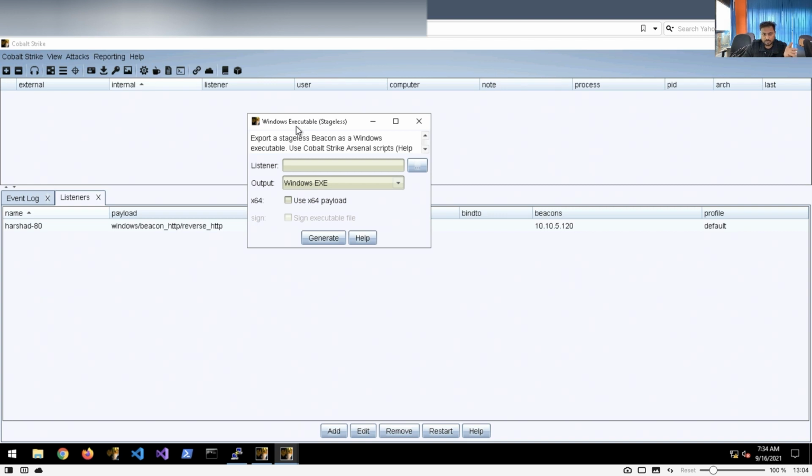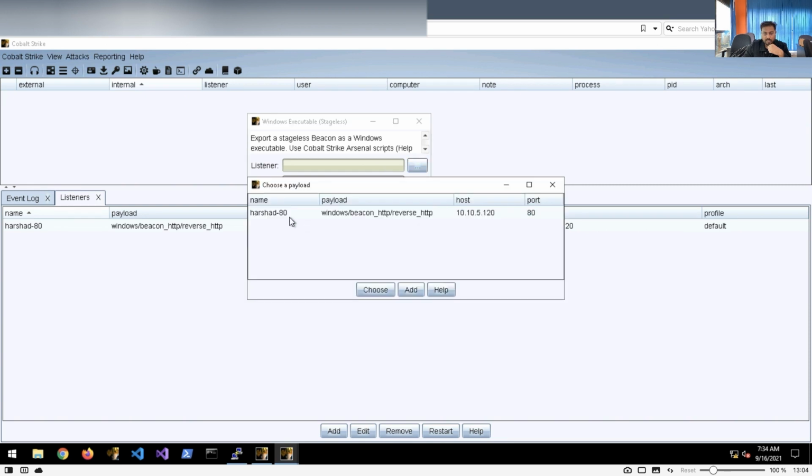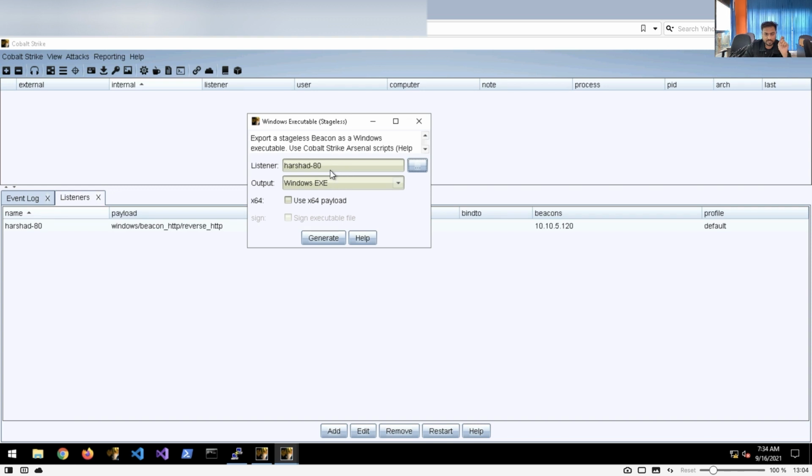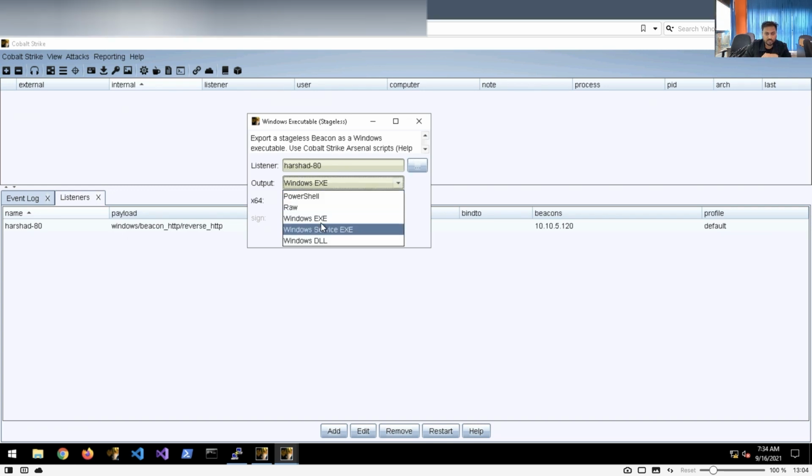So in order to work with this particular window, we need to first start again here, right? You can see the listener. We need to select the listener first, and you can clearly see here is my listener. I select it here and then click the choose button, and you can clearly see our listener is added here. And after that you see the output, okay, like we have Windows exe, we have PowerShell and so on.